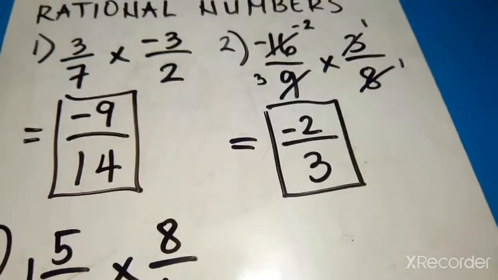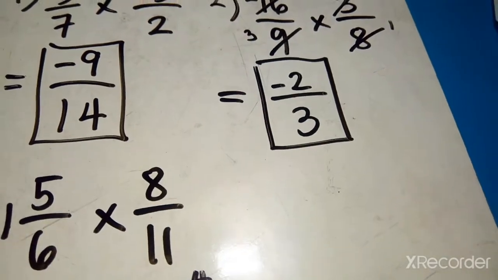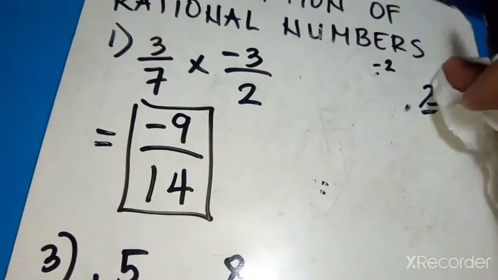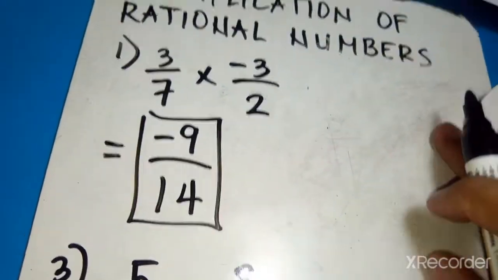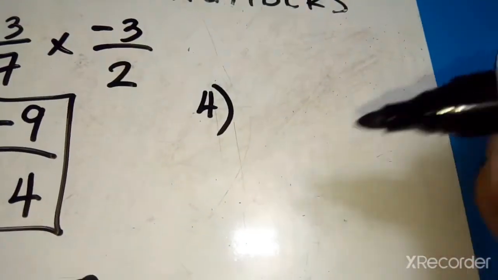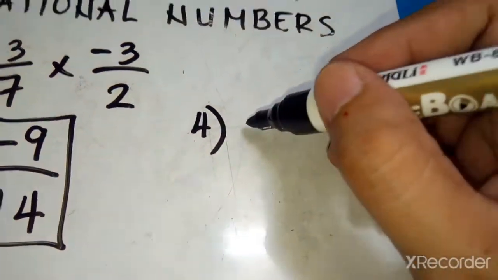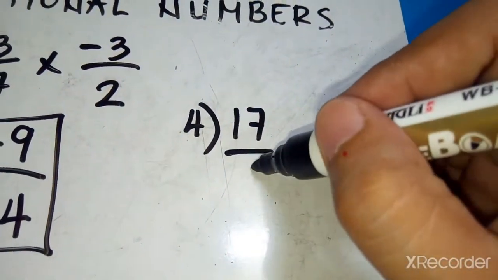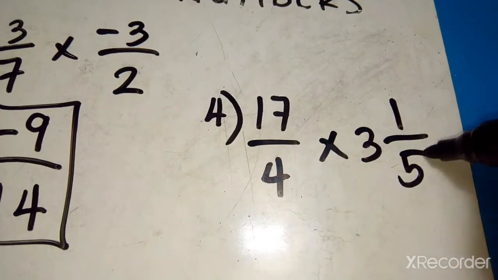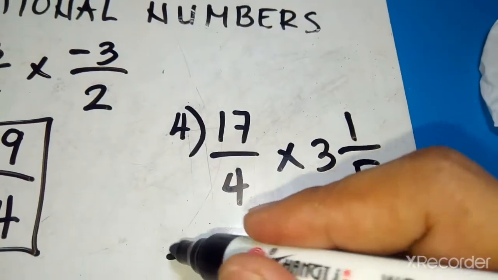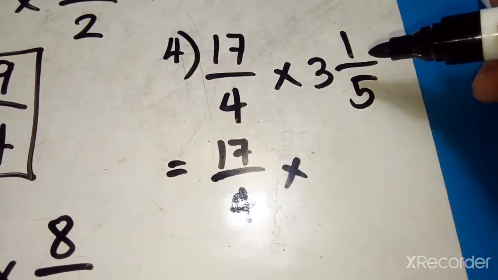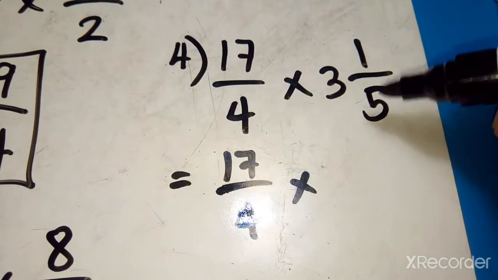Okay, so let's have example number 4. Let's first erase this one. Example number 4, say 17 over 4 times 3 and 1/5. Okay, so equals 17 over 4 times, we change this mixed number to an improper fraction, so that's 3 times 5 plus 1, so that's 16